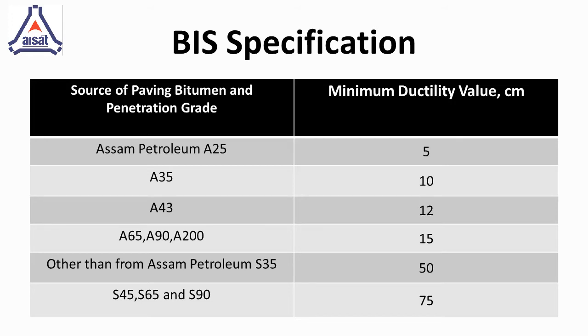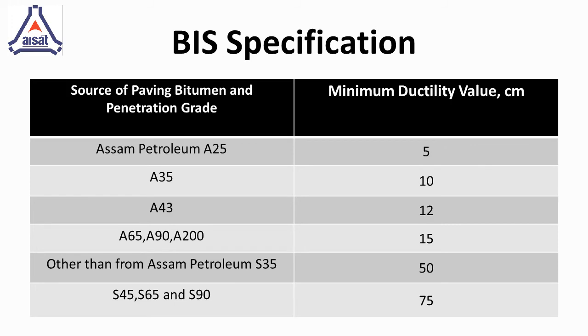As per BIS standards, a certain ductility value is to be present in all the bitumens used. A minimum ductility value is necessary for a bitumen binder because of the temperature changes in the bituminous mixes and repeated deformations that occur in flexible pavement due to the traffic loads acting on it. If the bitumen has a low ductility value, the bituminous pavement may crack, especially in cold weather.